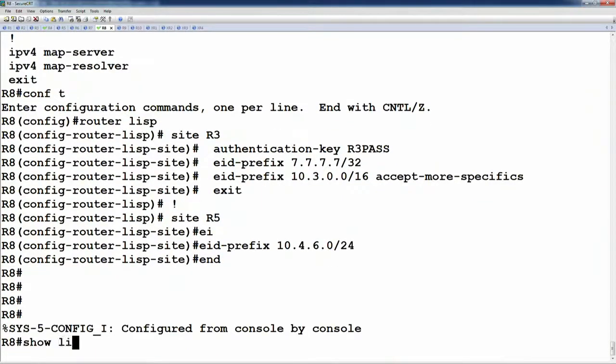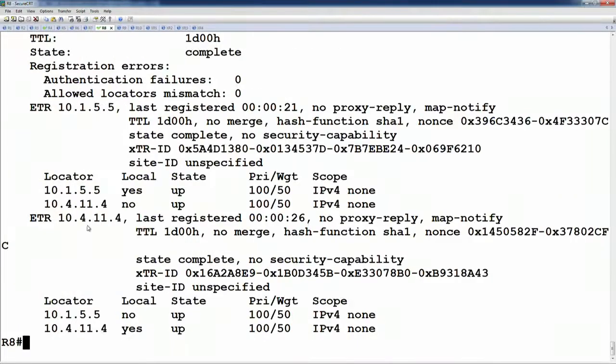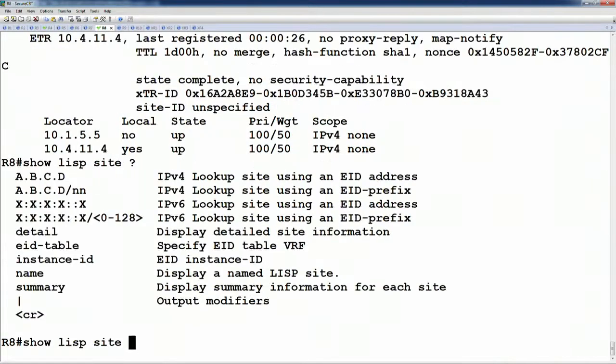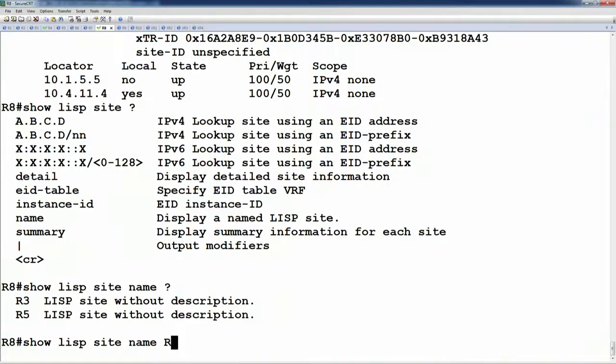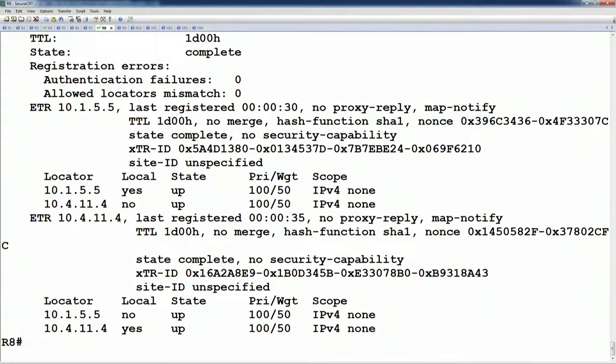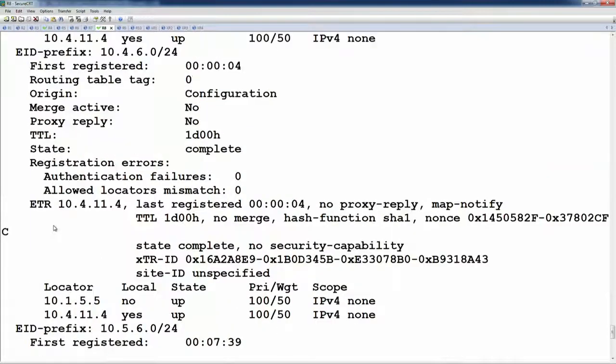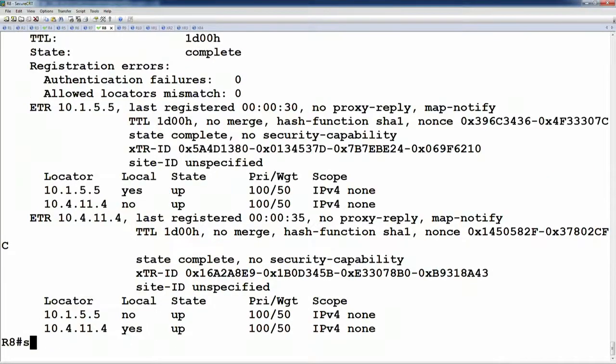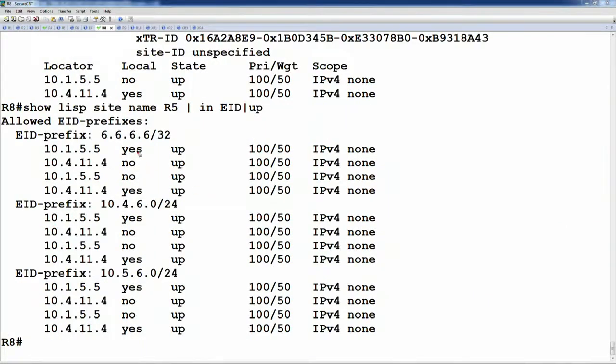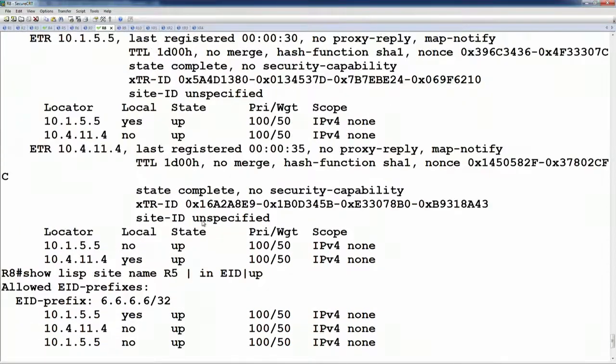Okay, if we now look at the show LISP site detail, and if we look specifically at the individual site, so if we say site name is router 5. And if we look at the, let's say, how could we sort through this a little bit better? Let's say pipe to include the EID. Okay, basically it's saying 6.6.6.6 is reachable via, and also based on the ETR, Egress Tunnel Router,